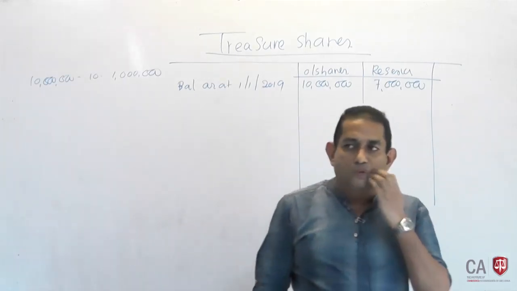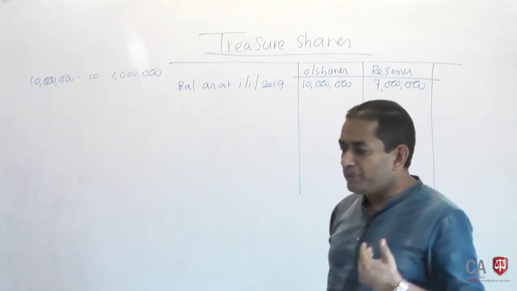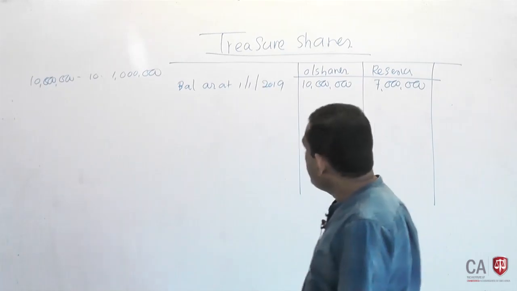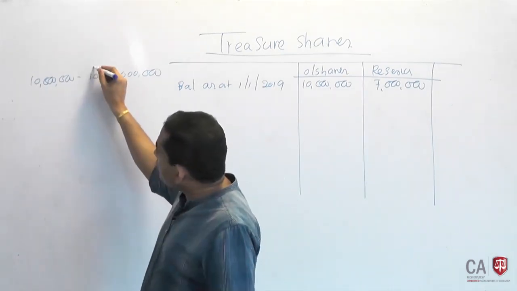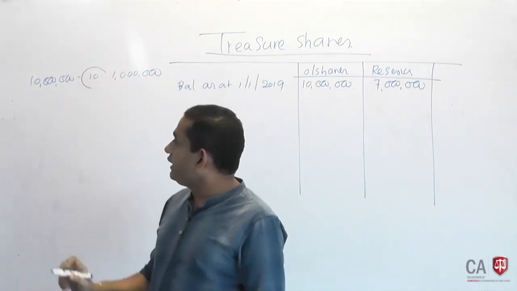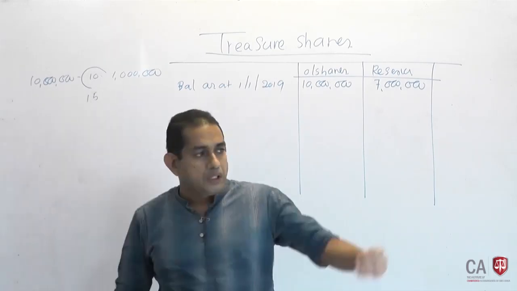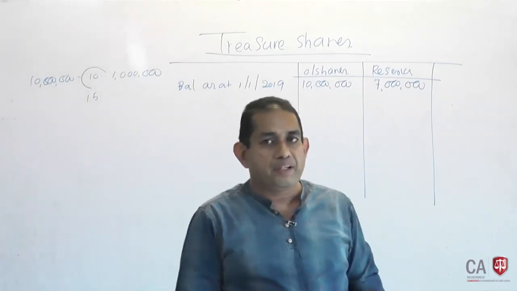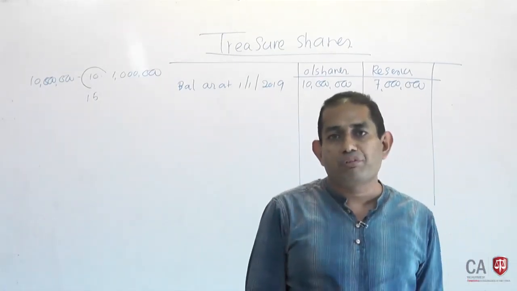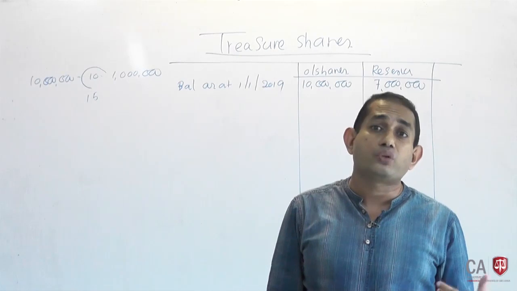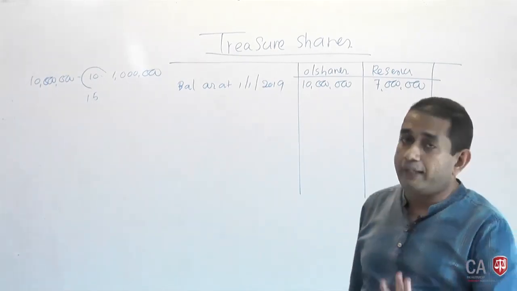For some reason or other, a company decided to repurchase its own shares. Shares were issued at 10 rupees originally and the company repurchases them at 15 rupees. We collected only 10 rupees at the share issue, but we need to repay 15 at the repurchase, so we are losing 5 rupees. So, there is a loss of 5.